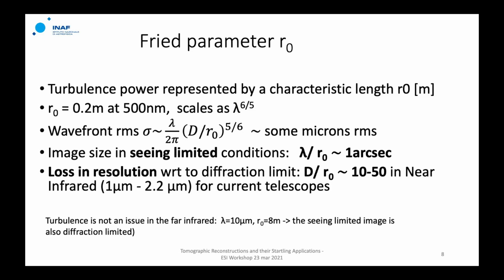Another thing which is related to the R0 is the image size in seeing-limited conditions. As in the movie that we have seen before, when we look at a star through the atmosphere, we are limited by the seeing, and the star size will be lambda divided by R0, which is more or less 1 arc-second in typical